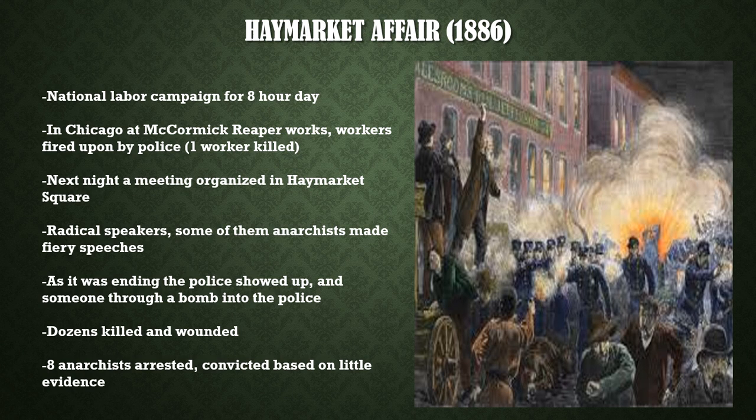But it wasn't one big strike. It was a lot of different types of actions going on, all in support of pressuring for an 8-hour workday, which wasn't in place yet. Of course, they wouldn't be working for it. In Chicago, at a place called the McCormick Reaper Works, famous company that made industrial farm machinery, workers were fired